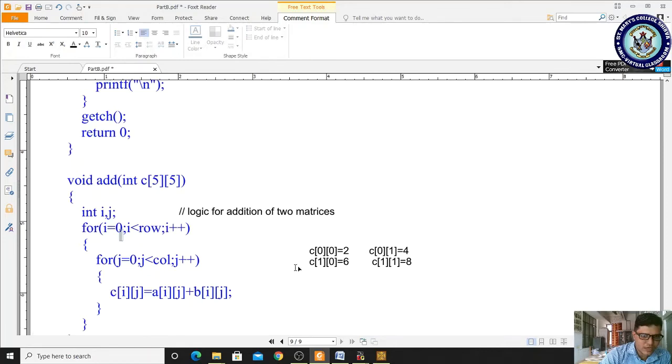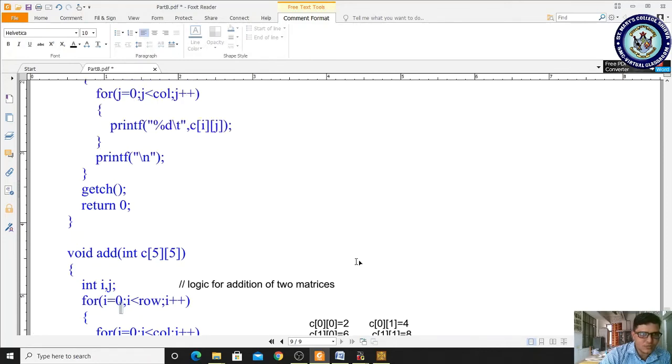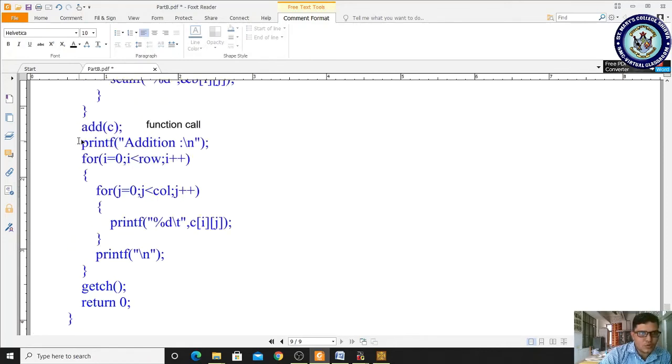So after that it has stored these values. Now we want to display the output. Control will return here, and we have written the output statement, addition of two matrices. For i is equal to 0, i less than rows, it is true. For j is equal to 0, j less than 2, condition is true. printf %d \t c of i j.